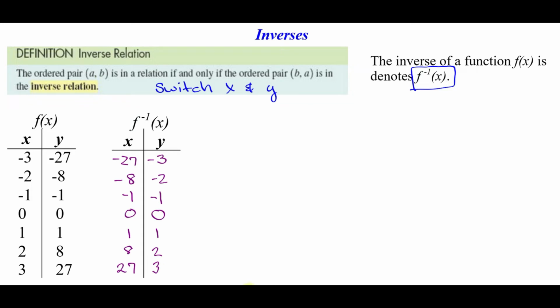Remember that a function and its inverse are operations that sort of undo each other. So let's look at this for a second. If we look at f inverse of f of, let's say, 2, we're doing a composition with a function and its inverse. When we do this, we work inside out. So f of 2, if we look here, f of 2 is 8. So this becomes